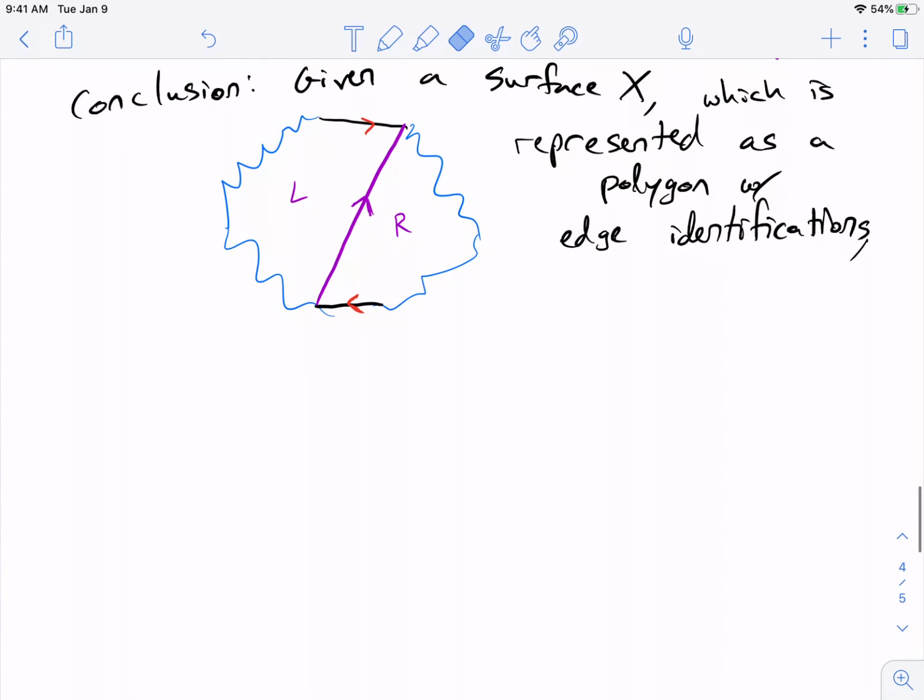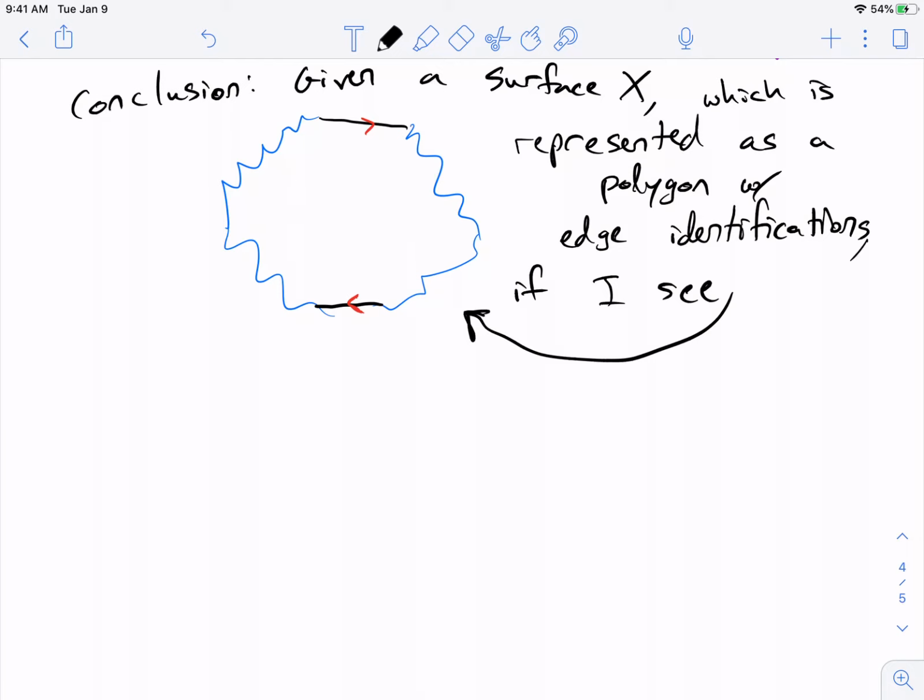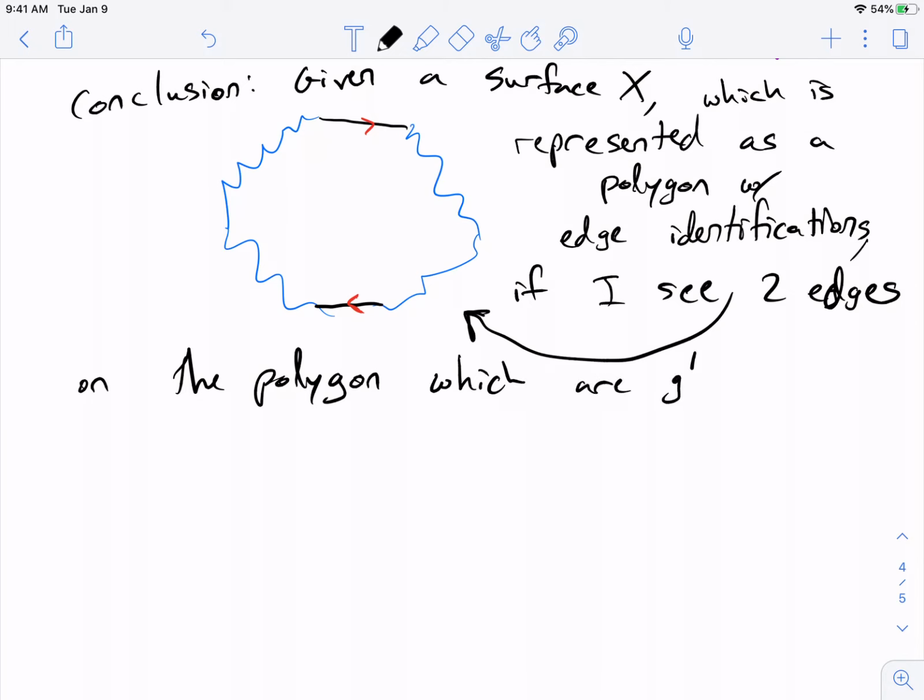So if I'm given that, basically if I see a picture like this, and what do I mean by a picture like this? I mean if I see two edges anywhere on the polygon which are supposed to be glued to one another with a twist,